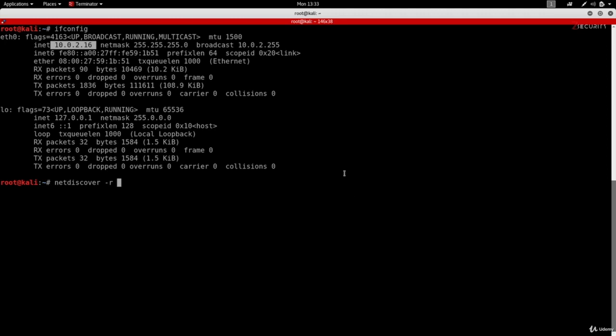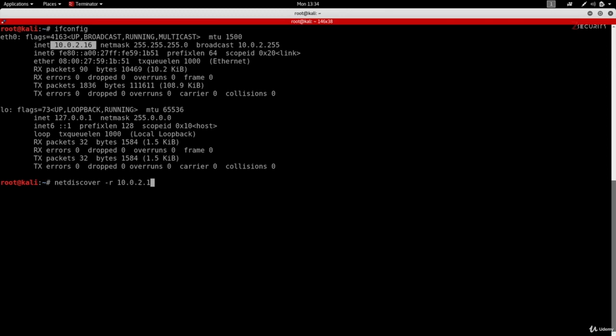So right now you can see that my IP is 10.0.2.16 and I can only access IPs on the same subnet. So IPs on the same subnet start at 10.0.2.0 and they would end at 10.0.2.254 because 254 is the last IP that a client can have. So my range is going to be 10.0.2.1 and I want to search for clients that might have an IP of 10.0.2.1, 10.0.2.2, 10.0.2.3, all the way up to